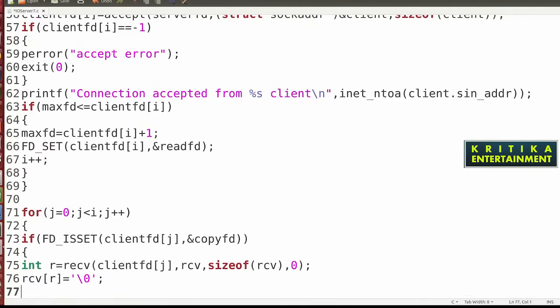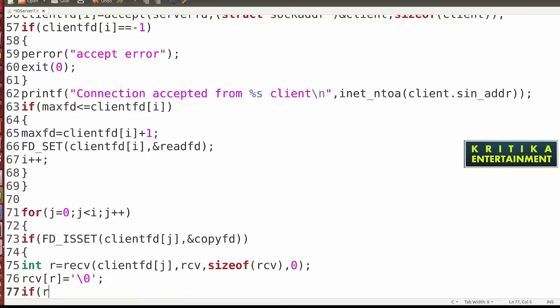Then now what will we write here? Now this is the message, and you check whether that client has closed the connection or not. That means pressing Control C to close the client side.